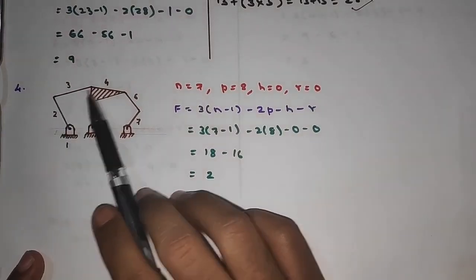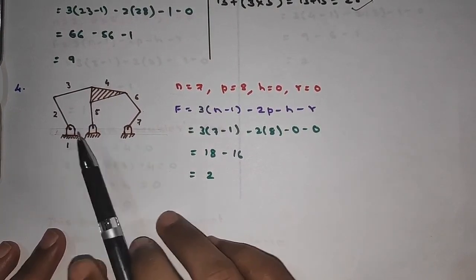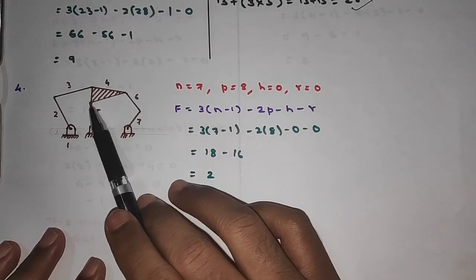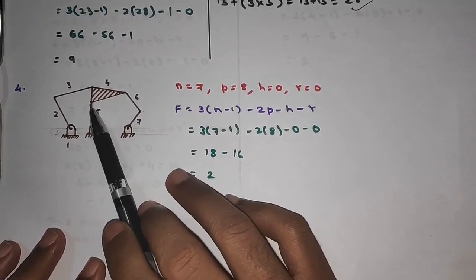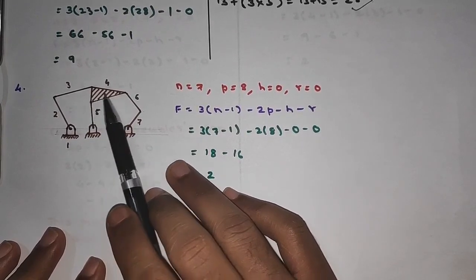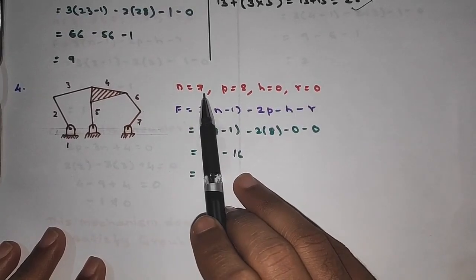So here this way we have the arrangements. So this is link number 1. So all these pivots are link number 1, which are fixed. So this is link number 2, 3. Link number 4 is a ternary link. That is, it has 3 end connections over here. So this is a ternary link. So link number 4 is a ternary link. This is 5, 6 and 7. So the number of links we have is 7.